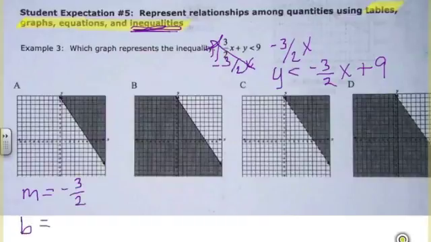Okay, so if I jot down a few simple notes, my slope is negative 3 halves, right? Gabe, what's my y-intercept for this line? 9. Good. Now, here is where this part is different from just graphing a line. We need to look at two things. If we shade above or below that line, and then the second thing is if it's a solid or a dotted line. Since it's less than, does that mean we shade above or below? We're going to shade below. Okay, so